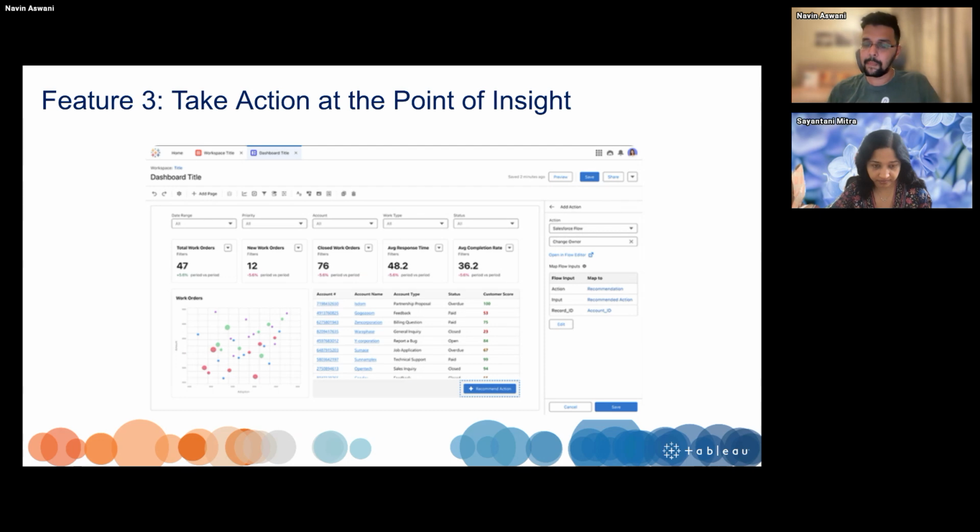For example, if you notice a dip in your customer score or maybe a surge in overdue work orders, you can immediately kick off a process like assigning a follow up, maybe updating a record directly from here, or you can send a notification as well via your Salesforce flows. So, as I said, we are going to see this in action where all these features are residing, and I'm going to point out this is the feature that I was talking about.